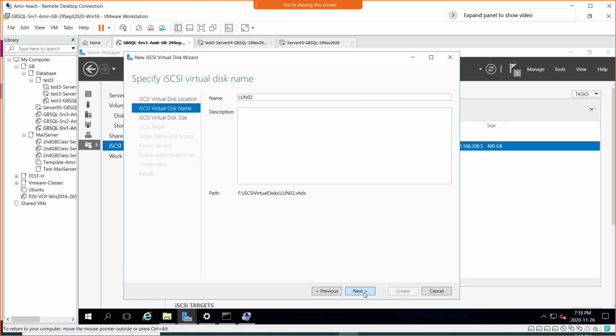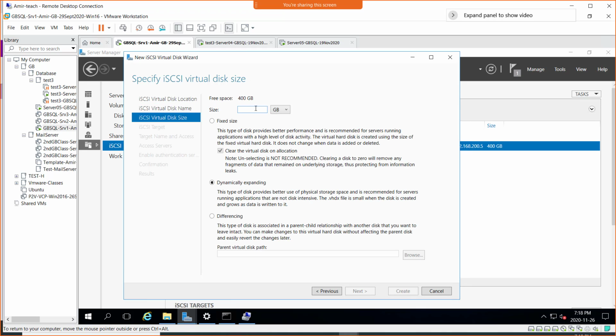and click next. So we go for full space, 400 GB. We're going to use the whole of it, and we're going to save some space. Performance right now is not our priority. In production environment, obviously performance is the priority. So dynamically expanding is selected, 400 is selected here, and I'll click next,